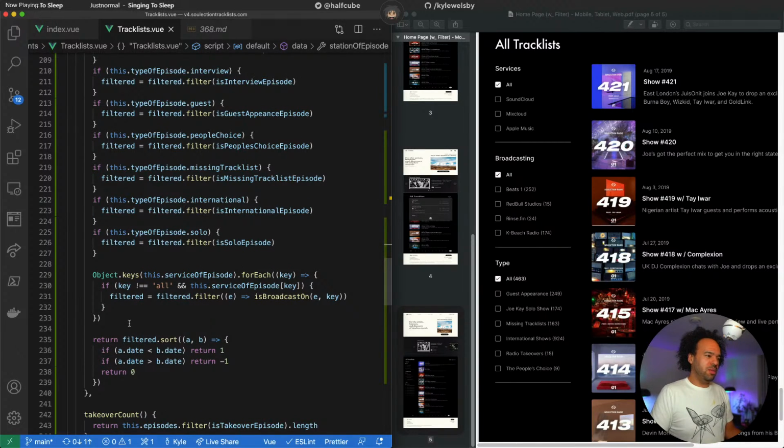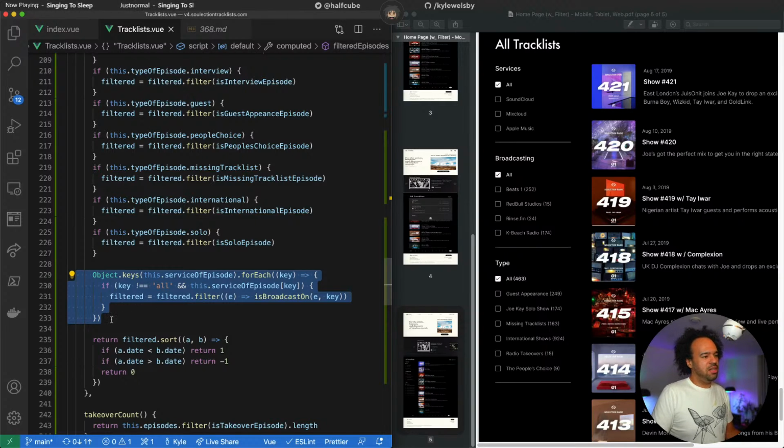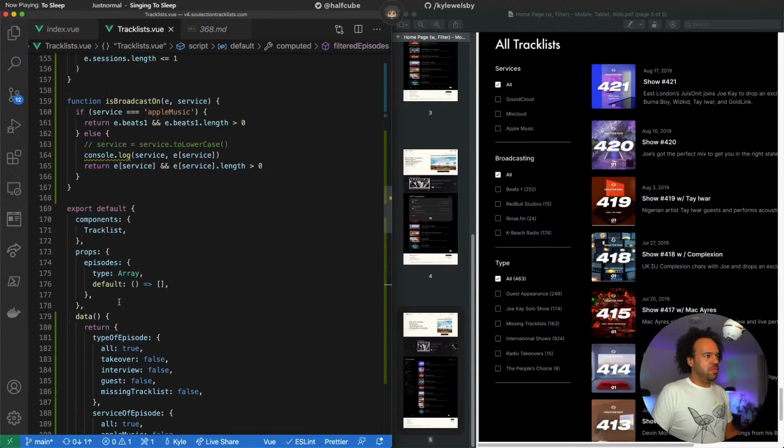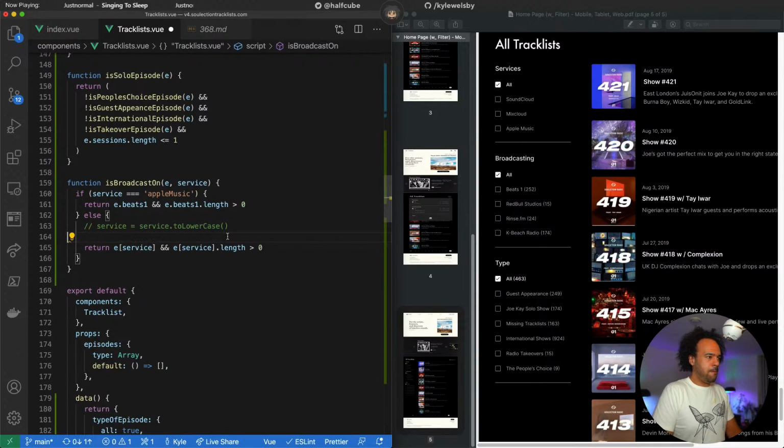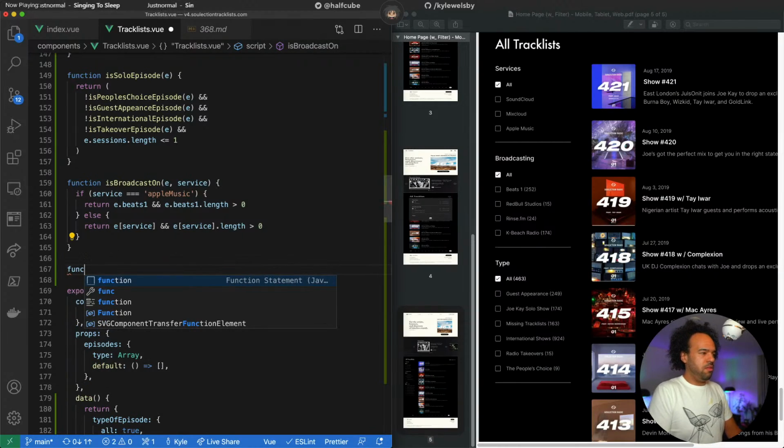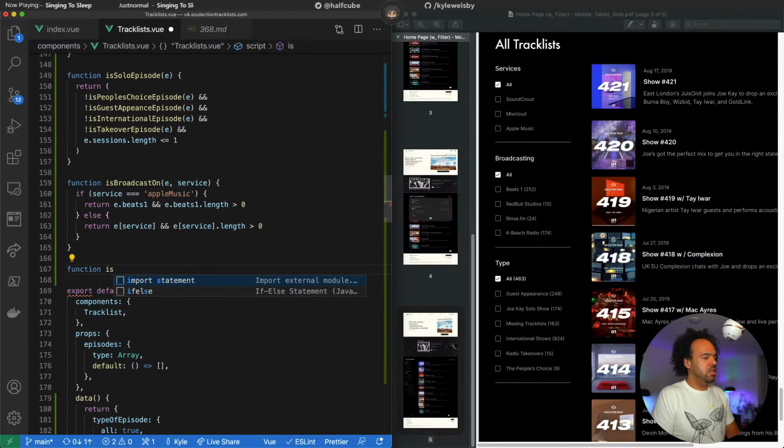I might be able to do one of these again, these little checks of keys. Let's see, what did I do up here? Let's get rid of this console log. Boop, boop, boop, boop. Gone. Function is station. Well, that is broadcast on, same with what is uploaded to.